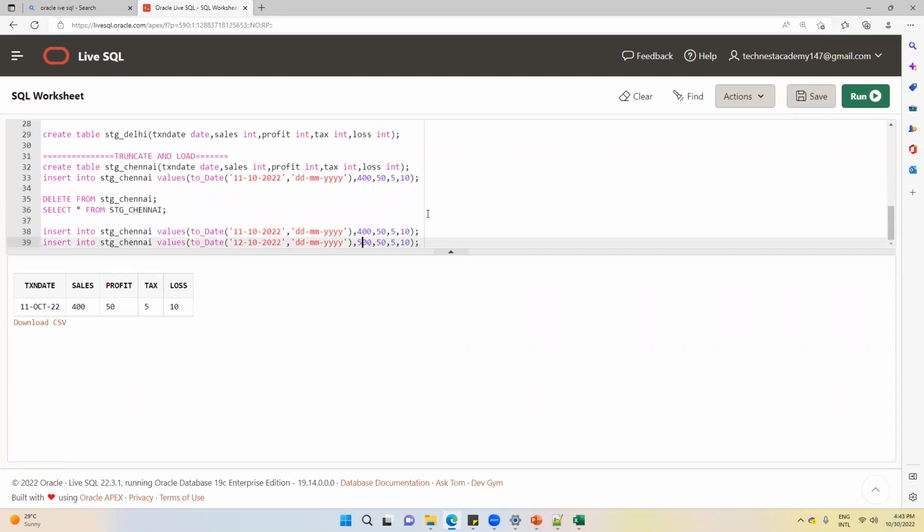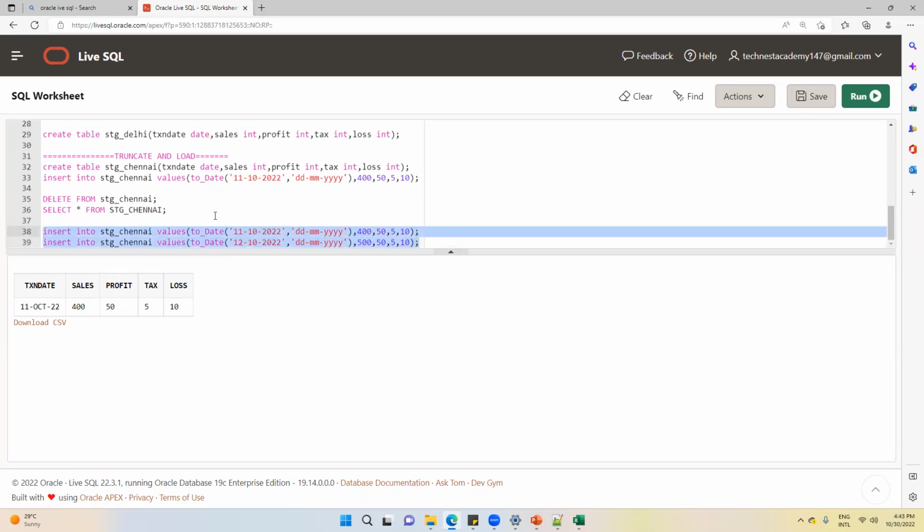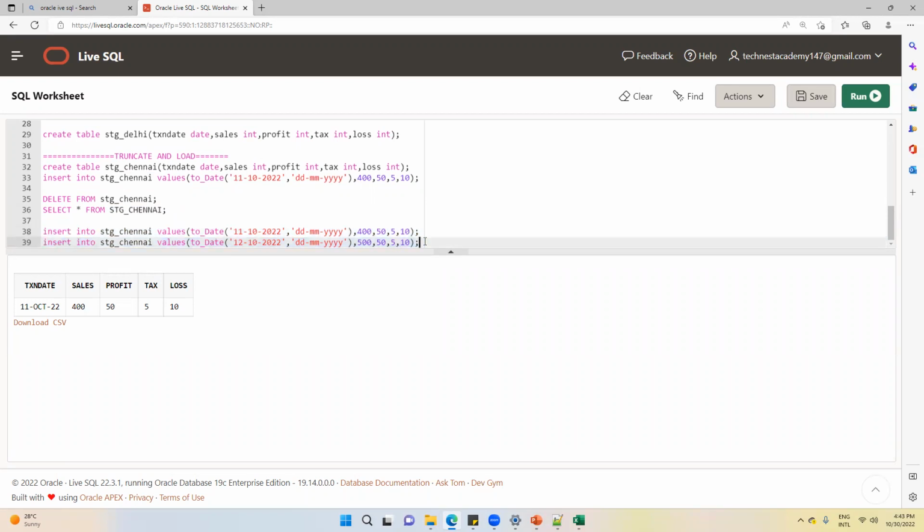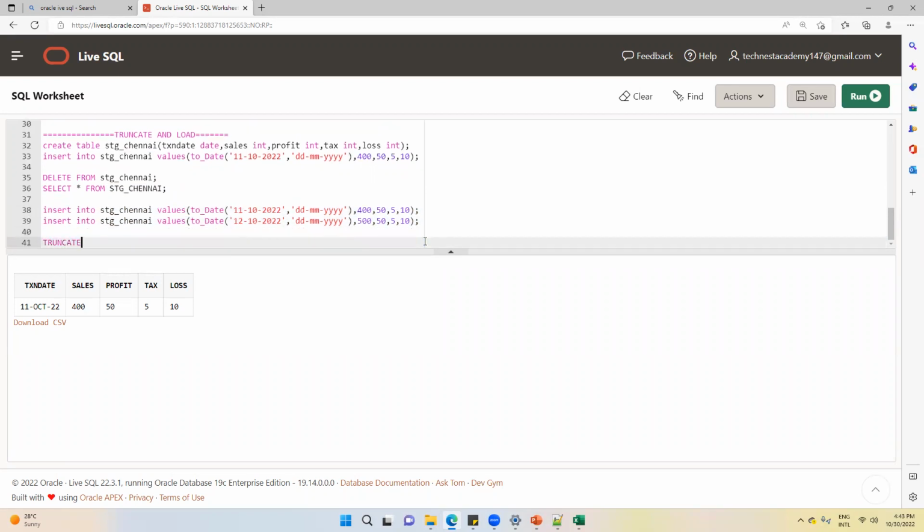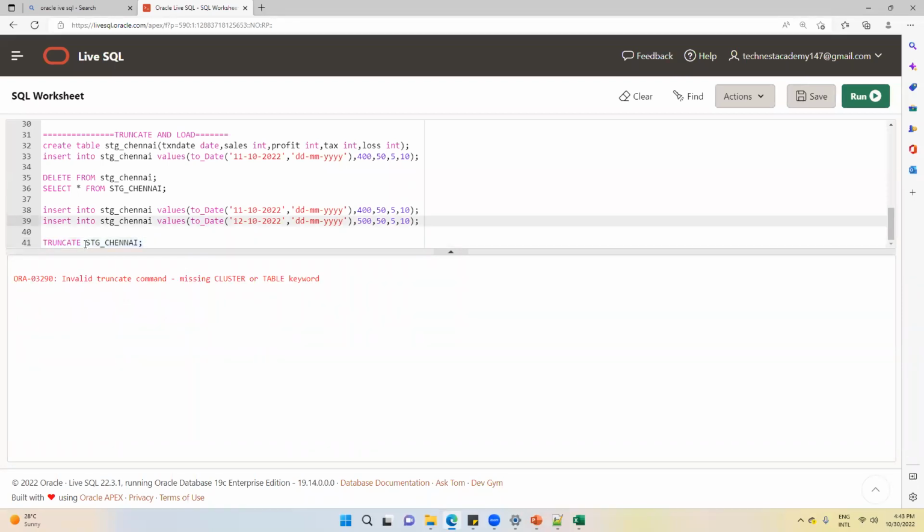Correct? Now, before loading this data, what do I have to do? I have to truncate the table. Is this clear? When I truncate it, all the data of the previous day is deleted.